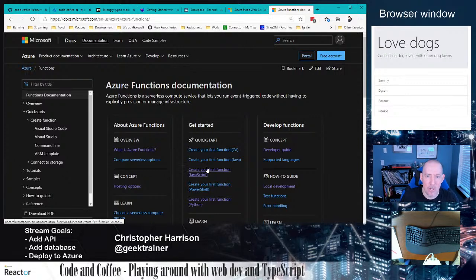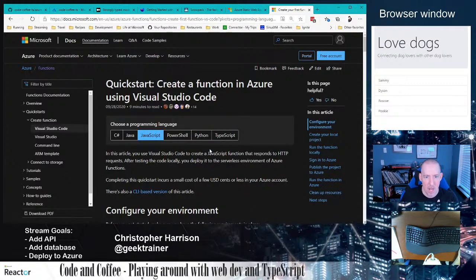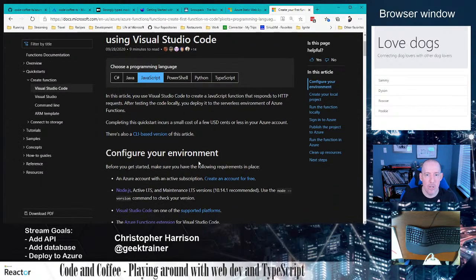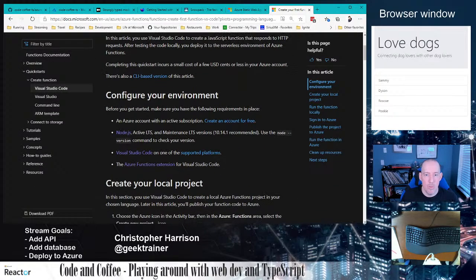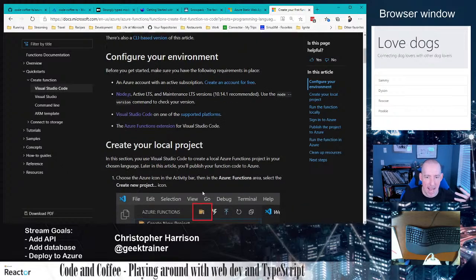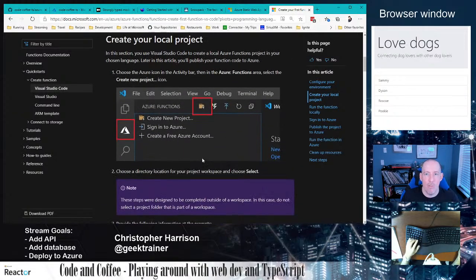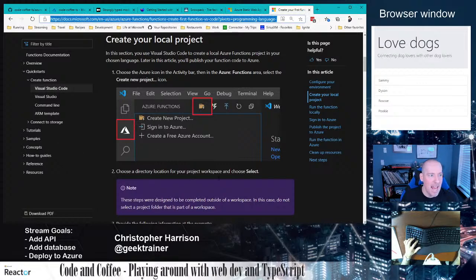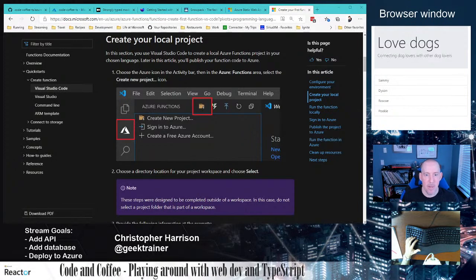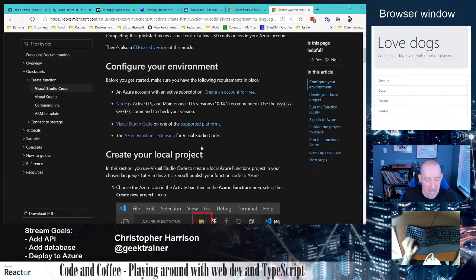Now, in order to start creating functions, we are going to need a couple of utilities downloaded and installed. I actually already have them downloaded and installed, so I'm not going to re-walk through this. But if this is going to be your first time adding a function, then you can go in and check the docs. What you're going to need, in a nutshell, is